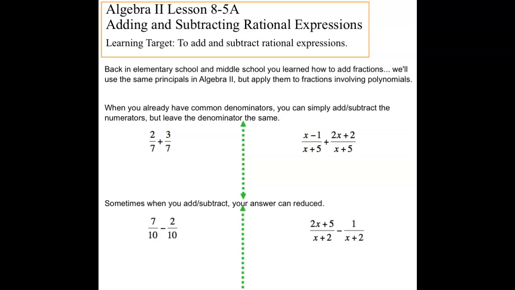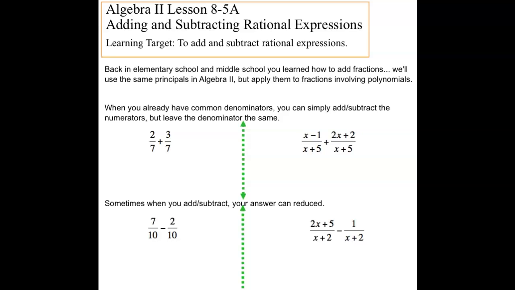All right, today we're going to look at section 8.5, part A, adding and subtracting rational expressions. Back in elementary school and middle school, you learned how to add fractions. We'll use the same principles in Algebra 2, but apply them to fractions involving polynomials. So when you already have common denominators, you can simply add and subtract the numerators, but leave the denominator the